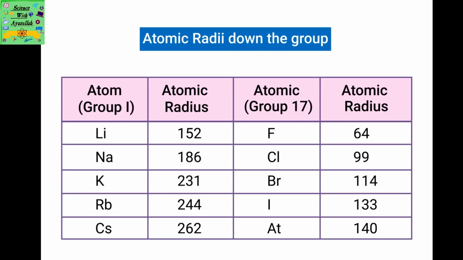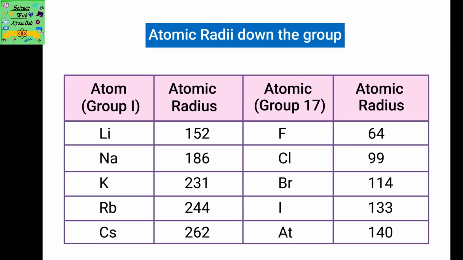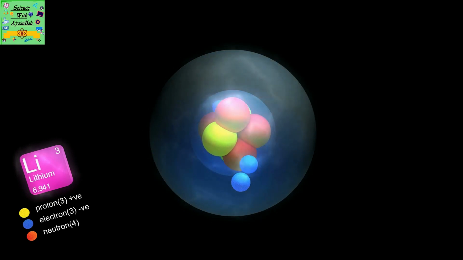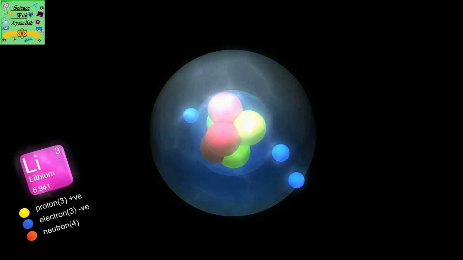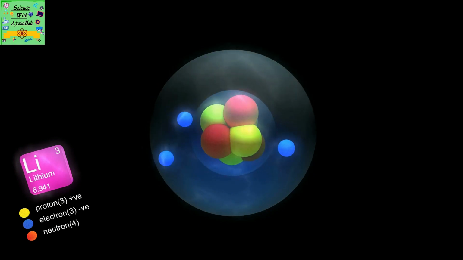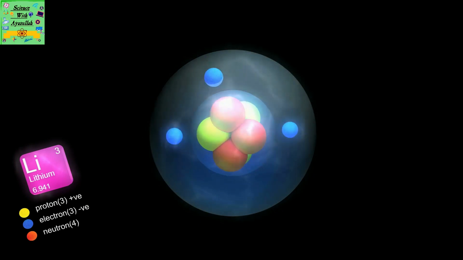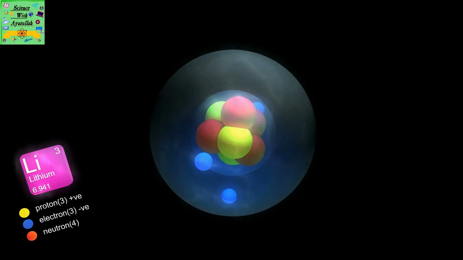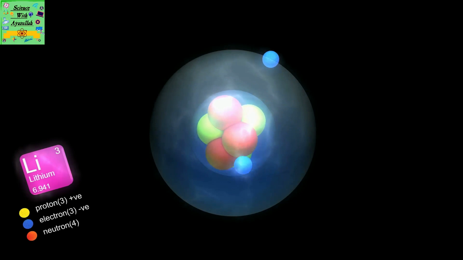The properties of lithium, sodium and potassium are similar, and so is their atomic structure. Lithium has an atomic number of 3 and a mass number of 7. This atom contains 3 protons, 3 electrons, and 4 neutrons. The electrons are arranged as 2,1. This means there are 2 electrons in the lowest electron shell, which is full, and 1 electron in the second